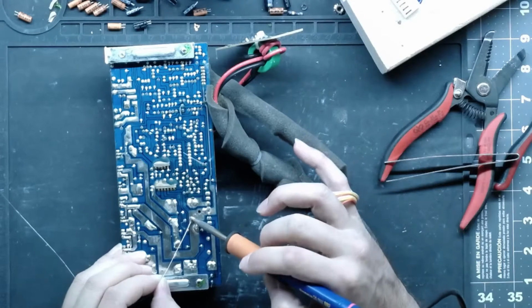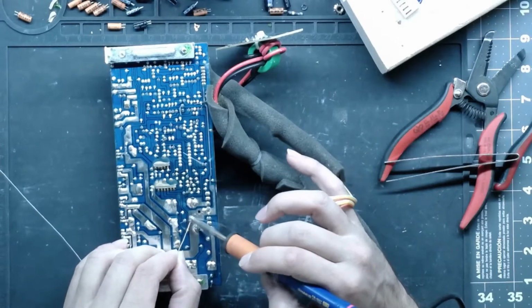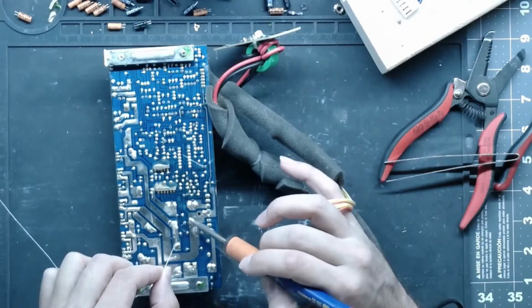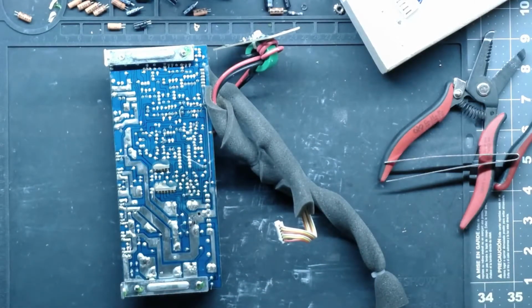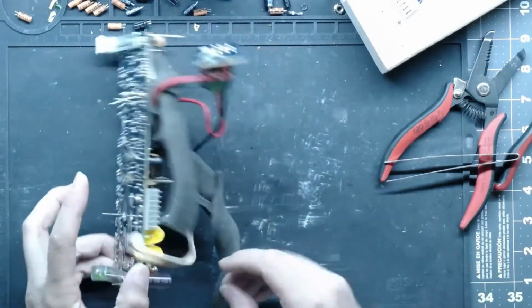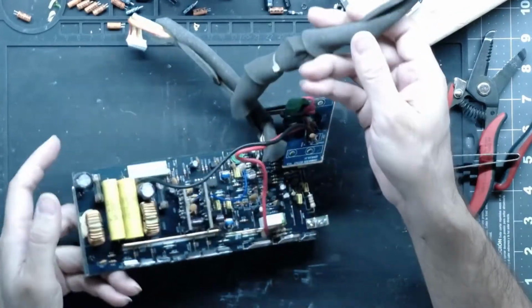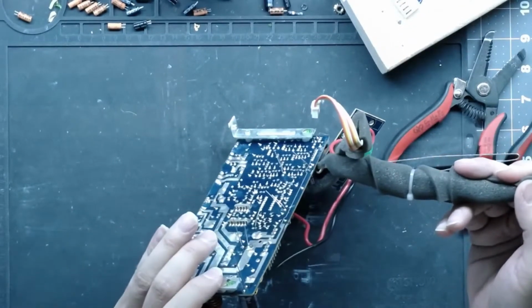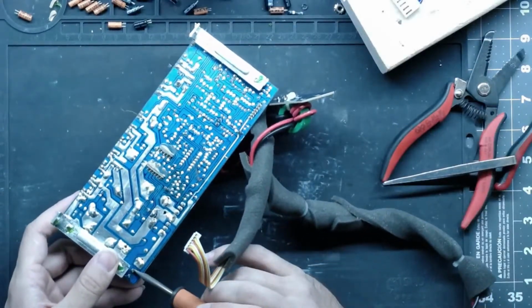But now we are going to get back into fixing some amps. My pile has not grown any smaller, that's for sure. Alright. So we got the... I don't like the way that one's in there. It's got to go in a little bit more. We got the